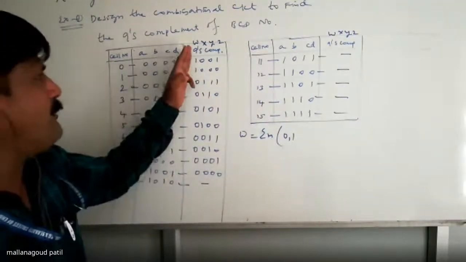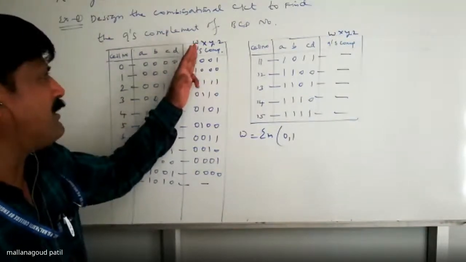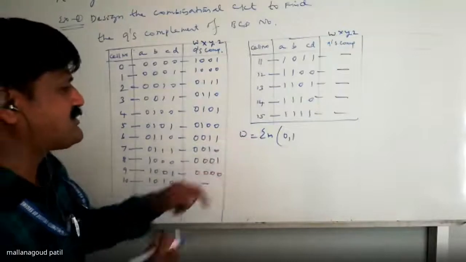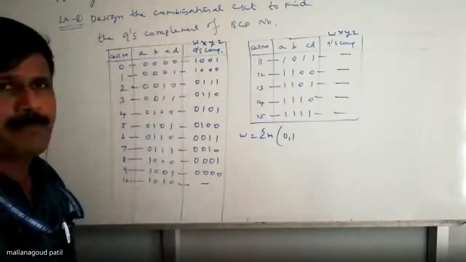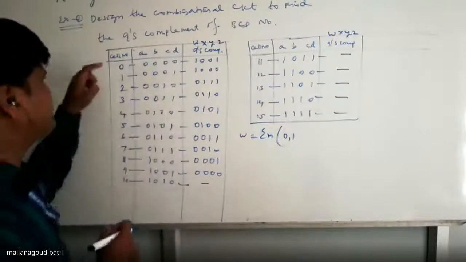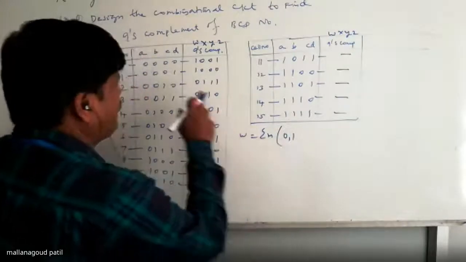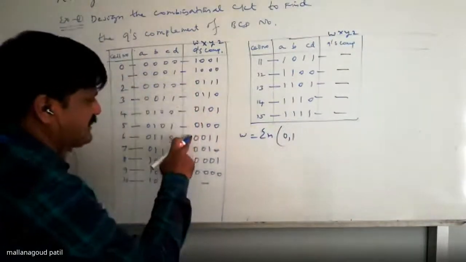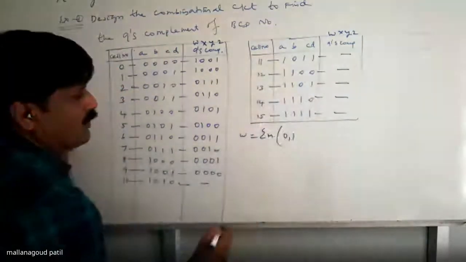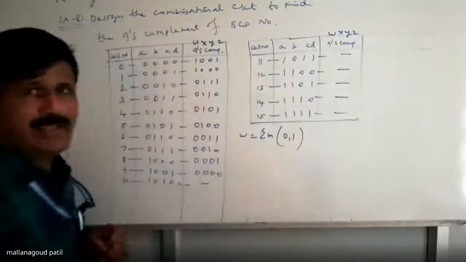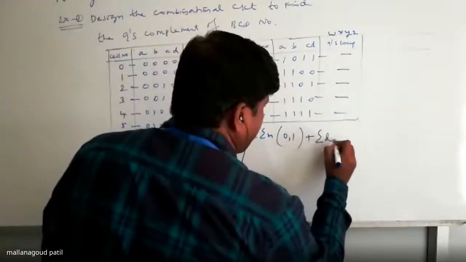In which column, which column you have a 1, you can check it. First column you have to start. I'm starting with W. W is the first column. In the first column, where you have a 1, cell number 0, M0, that is 0. Cell number 1, that is 1. Do you have any one other than this? No. It's okay. Then, where you have a don't care, I can write sigma D.